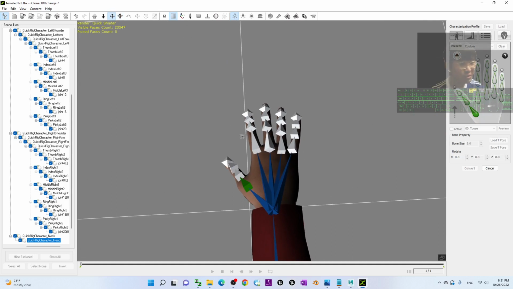Now sometimes we also need to retarget in another third-party software, if you try to perform the animation, for example Unreal Engine or iClone 3DXchange 7. So all of this, you can have fun, you can have your own custom 3D models.